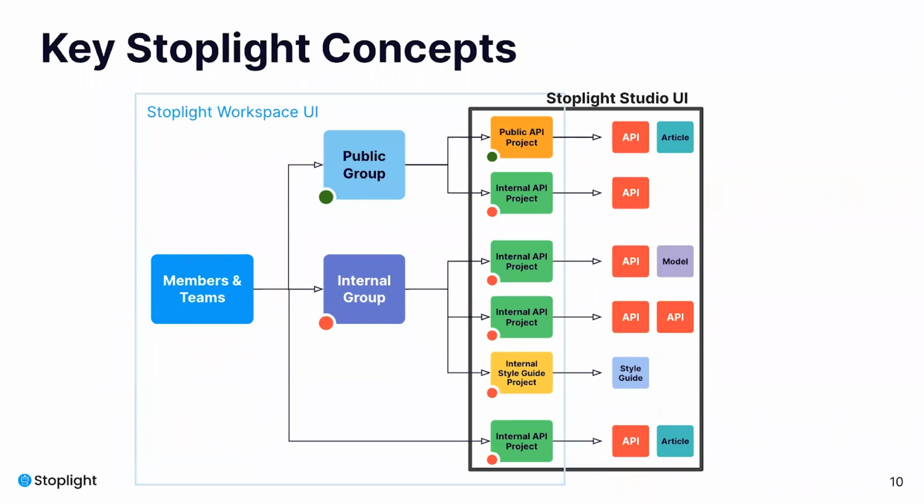Within the scope of a single project in Studio, you may have one or many API designs and OpenAPI specifications, endpoints, models and schemas, documentation articles, and applied style guides. And within a style guide project, you have the ability to create and manage rules and functions for your own style guide. When you transition between your individual Stoplight projects, you will navigate from Studio back up to the workspace